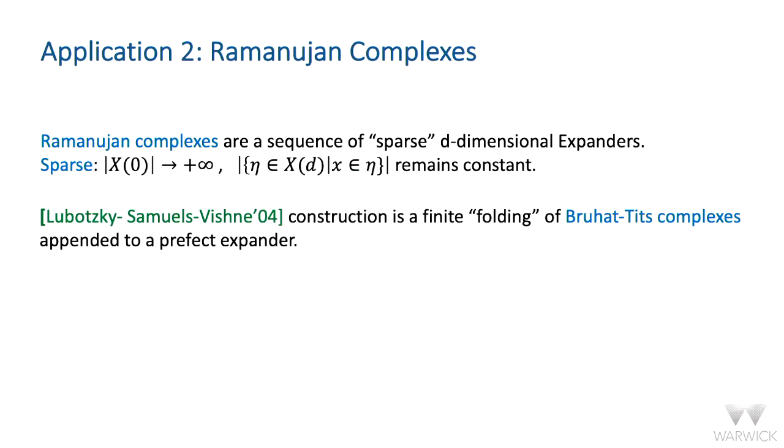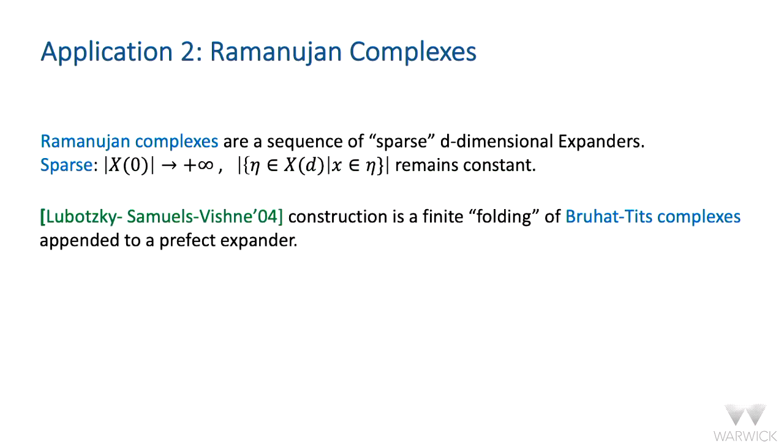So what is a sparse complex, or so-called Ramanujan complexes? So these are a sequence of high-dimensional expanders where the number of their vertices goes to infinity as you go along the sequence, but the number of facets that contain any single vertex remains constant. So you have a sequence of d-dimensional complexes. The size of X0 goes to infinity,